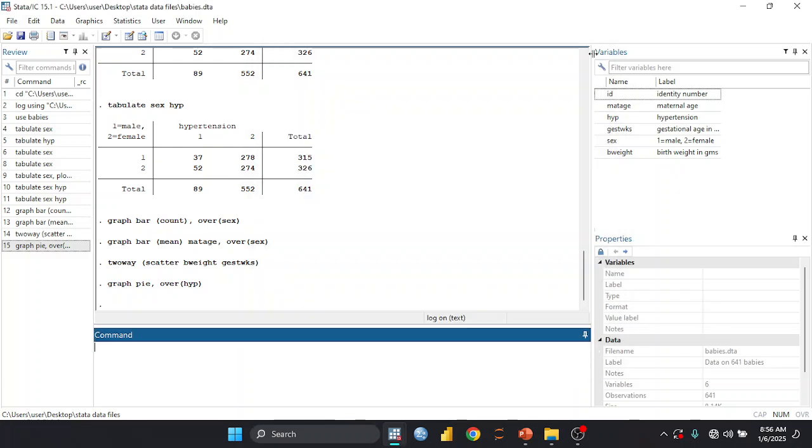All right, so now let's do one more thing, which is graph bar, mean, or count, in this case mean sex, over hypertension. Now that is something that would work. But because the hypertension is not given a label,